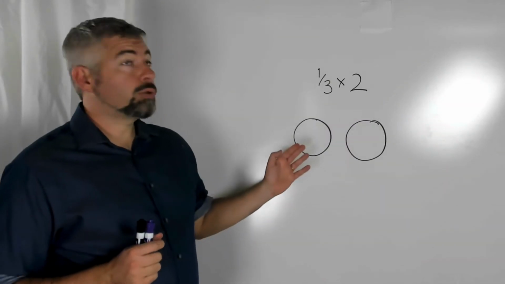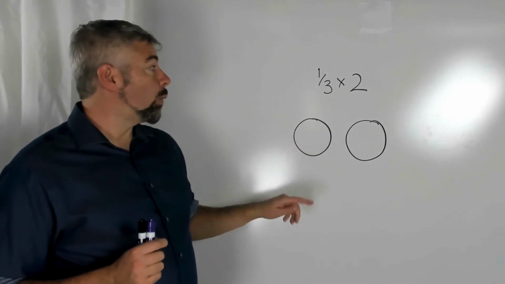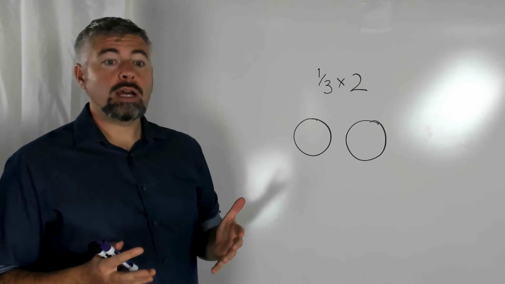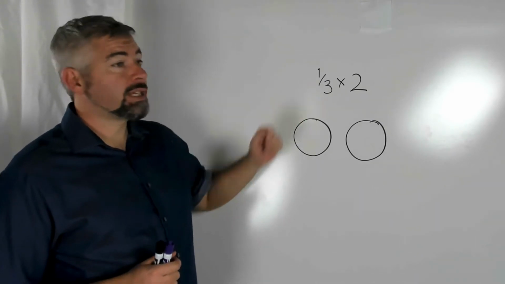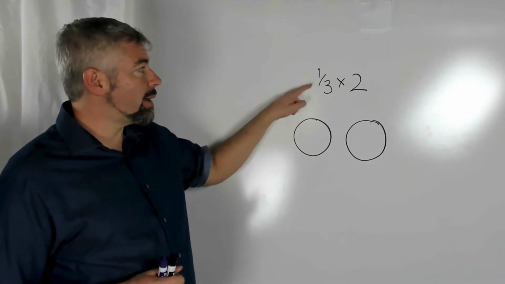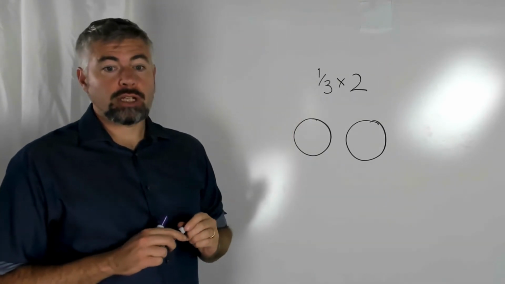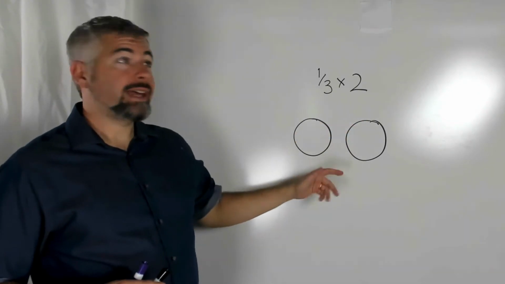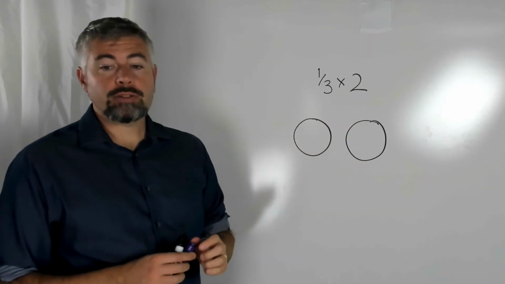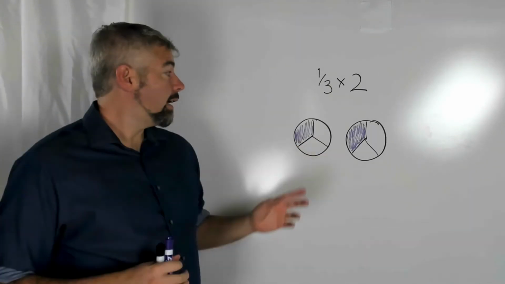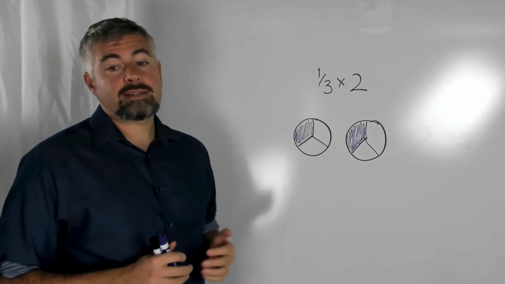Now, I can also think about this the other way, where the size of my group is 2, right? So I start with 2, and then the number of groups is 1/3. And in this case, I'm going to think about fraction as division, that 1/3 of a group means to take one group and divide it into 3 parts. So here I'll take my 2 pieces that I start with, and again, I'm still left with that same result